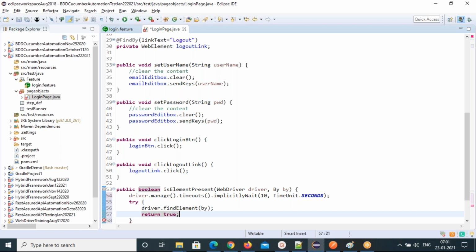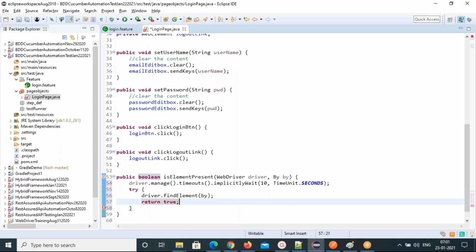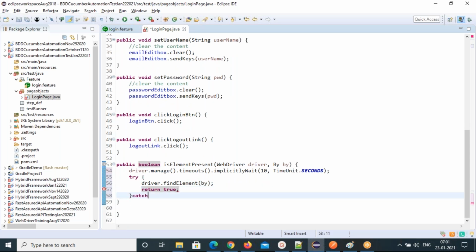If the element is not there, it will go to the catch block, right? Just put Exception e and return false.